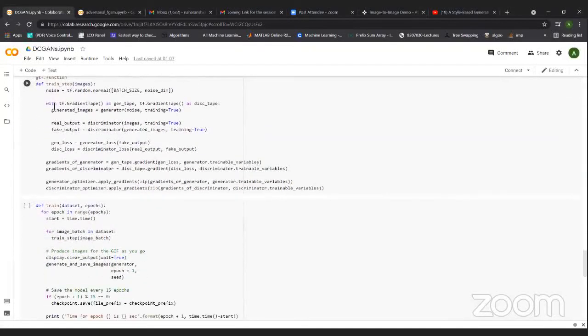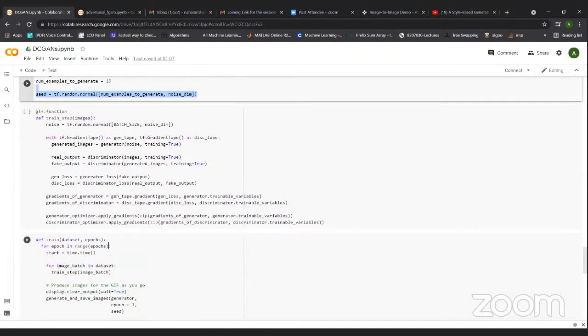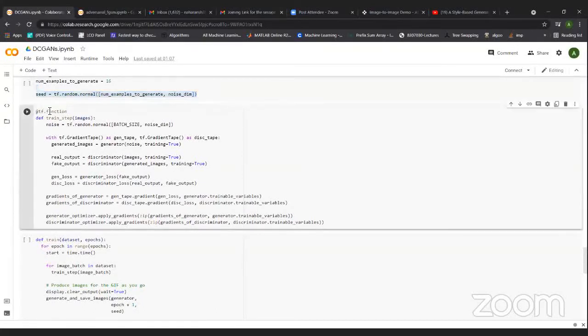We will see how. So this is a custom training loop. Okay. So in general, what you guys use is the model.fit training API. But here we are using a custom training loop. So first we need to initialize tf.function. This function helps you to compile the function. Okay. So it is mandatory before proceeding. So we design a custom training loop.